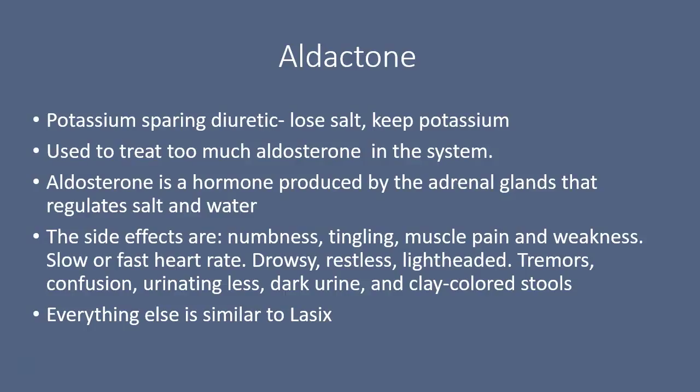Aldactone is a potassium-sparing diuretic, so the patient will lose salt, but they actually keep their potassium. It's used to treat too much aldosterone in the system. Aldosterone is a hormone produced by the adrenal glands that regulates salt and water. The side effects are numbness and tingling, muscle pain and weakness, slow or fast heart rate based on either dehydration